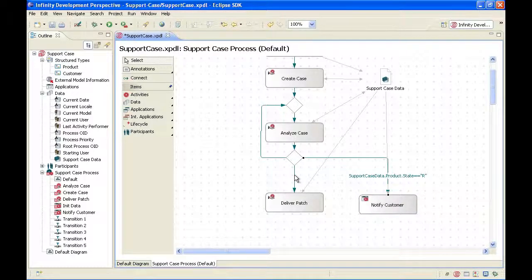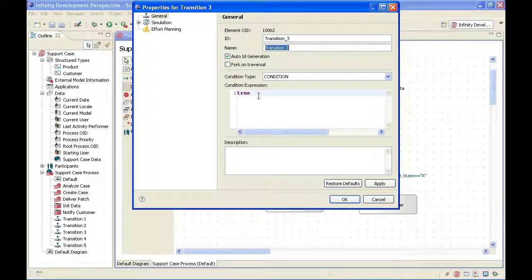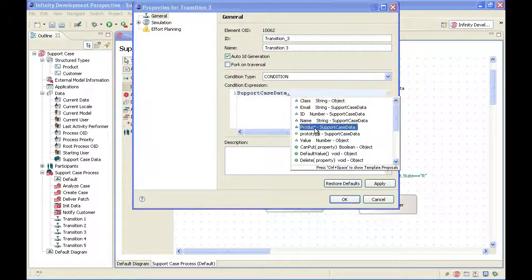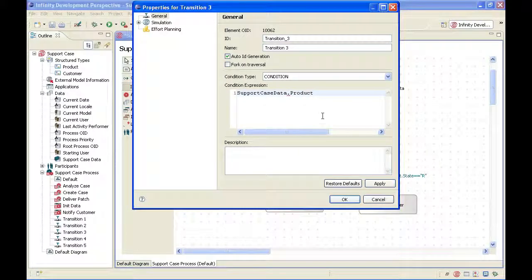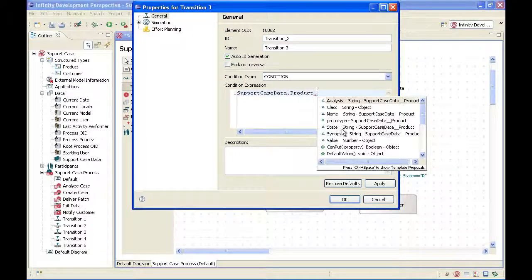If we could solve the problem, let's double click on this control flow. Again, we have to change the condition expression to support case data. And one thing you will notice is that I'm not using any spaces when I type in this field, because I'm referring to the identifier of the support case data element. So support case data dot product dot state